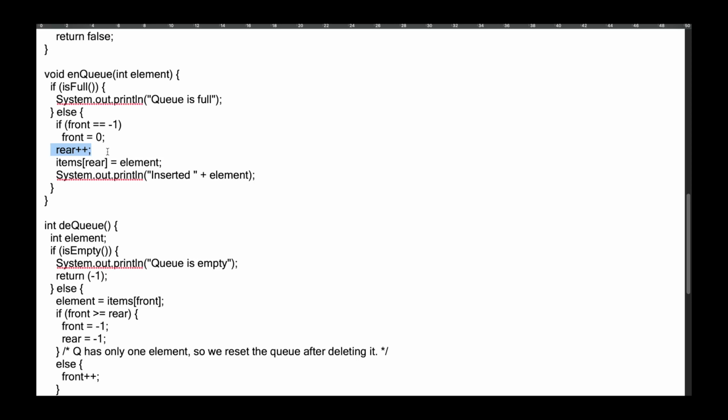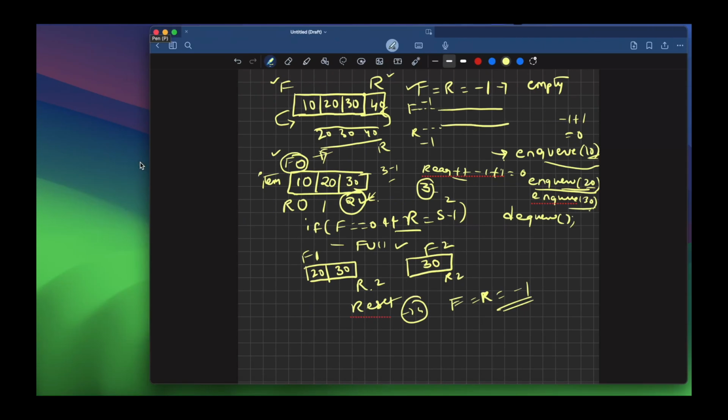Item of rear is equal to element, that is item of 1 is equal to element, so the value 20 will be stored in this one. So item of rear, the rear value is 1, so the 20 value will be stored from here to here. Similarly, when you execute the third time, you take the enqueue operation,